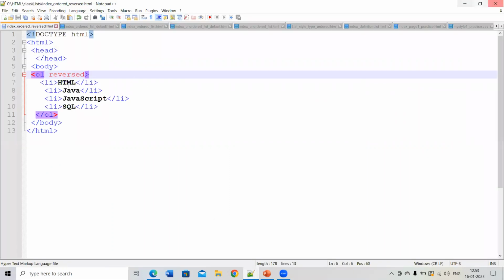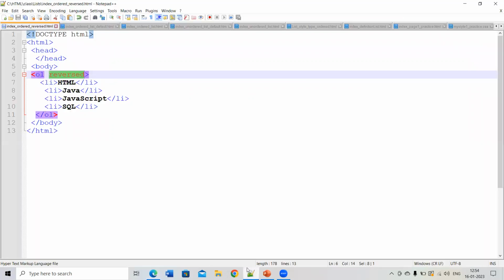Let me go to the HTML document. As you see, in the body portion, we give the OL tag, which means ordered list. And then I use the term reversed. This is used to reverse the ordering of the ordered list. When I use this term, I see 4, 3, 2, 1 instead of my normal sequence of 1, 2,